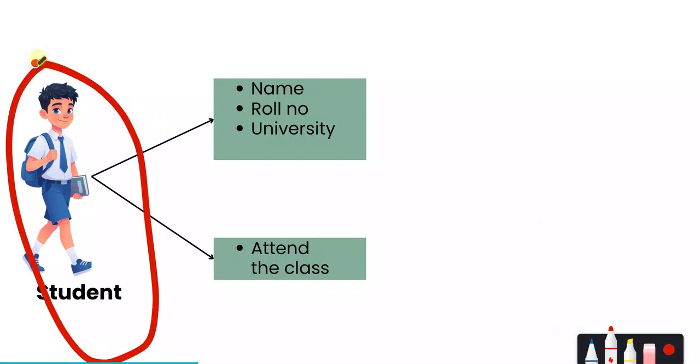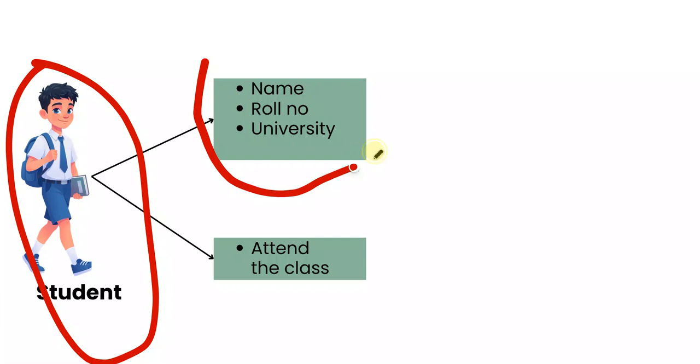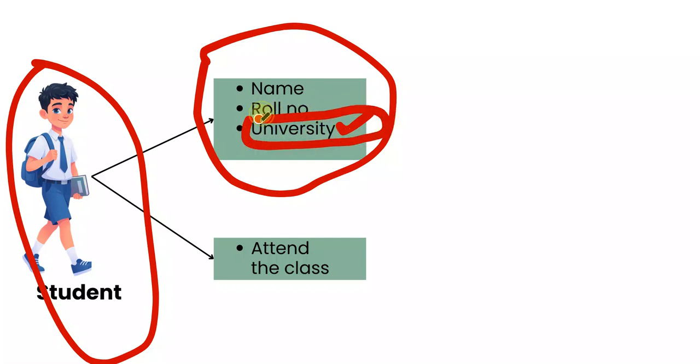For example, in the case of the student, if we are going to develop an application for the university, and these are our data members, then because all the students belong to the same university, we will need the university name to remain the same, and the object shouldn't be allowed to